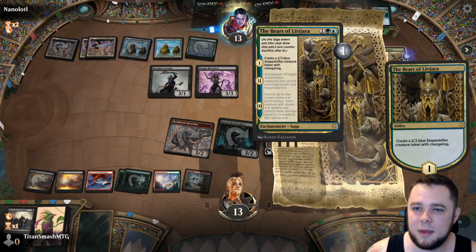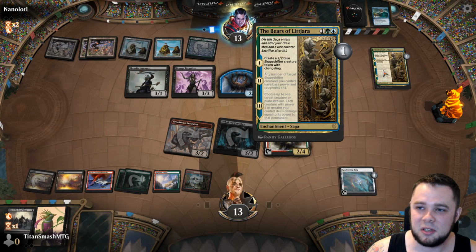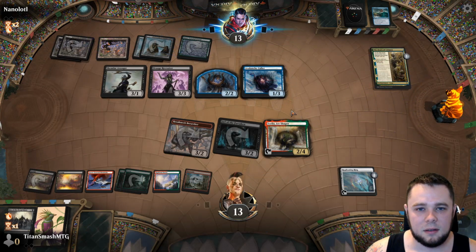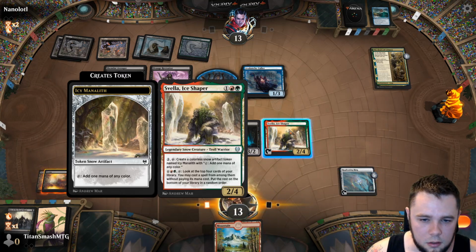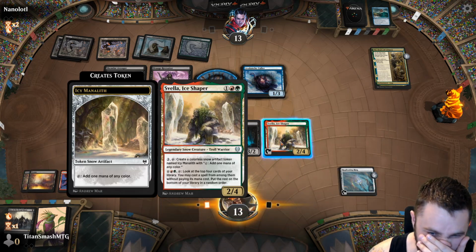Bears of the Jarta, they'll make a 2/2. Yeah, this card gets pretty mean, so I'm actually not looking forward to seeing what it can do. Yikes, Avalanche Caller is a pretty good card too. God, we're just drawing a lot of lands. So,